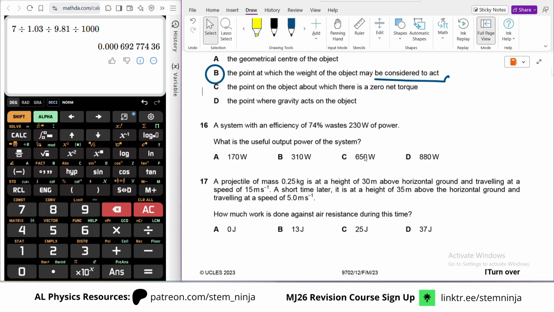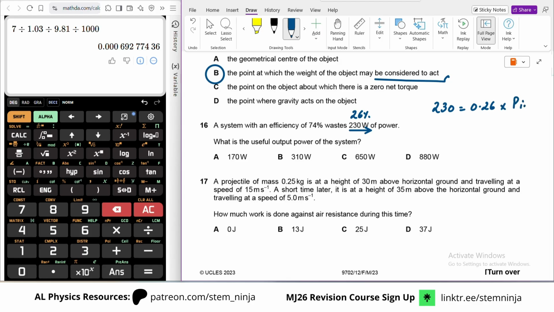A system with efficiency of 74% wastes 230 watts of power. What is the useful power output of the system? Okay, so this means that this represents 26% of the input power. So 230 is equal to 0.26